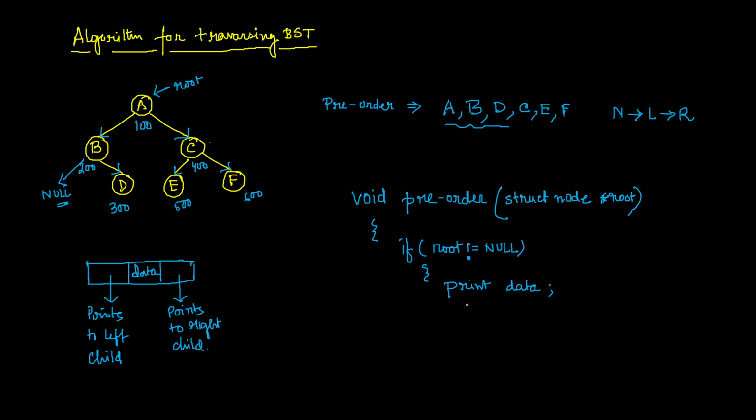And then I have to call this pre-order again, because just assume that you are given the responsibility to print the entire tree and you are lazy enough. So what will you do? You are a pre-order function. You will print where you are standing right now and call one of your clones to print the left subtree of yours.